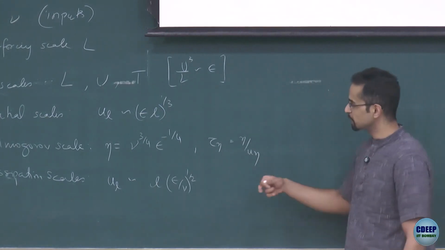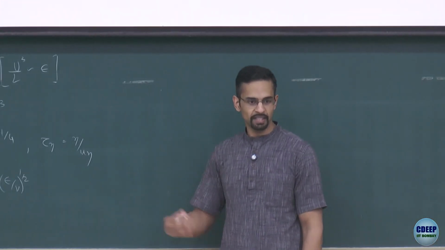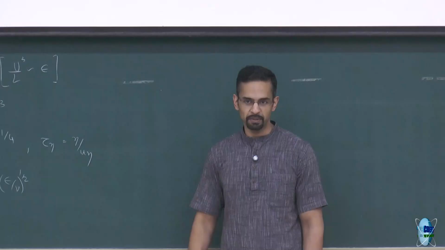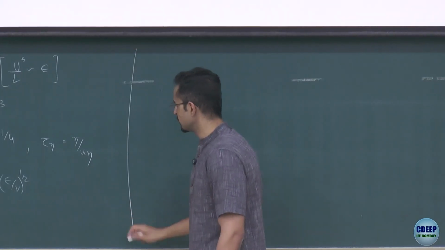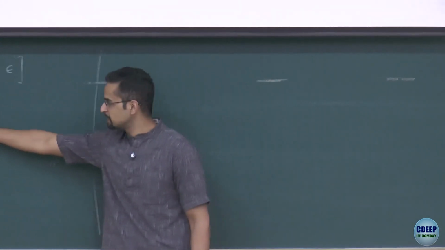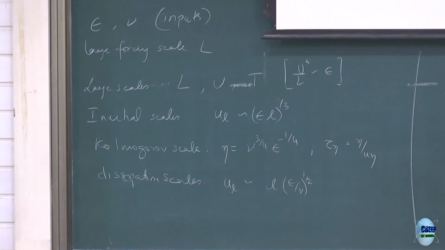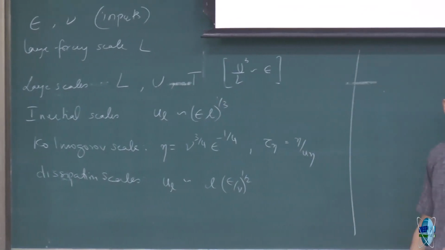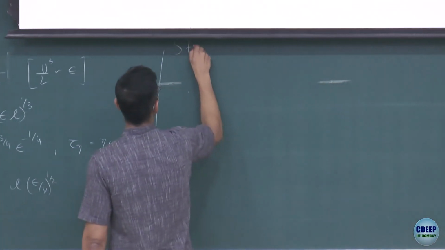Okay, so let us now see what some of the implications of this kind of phenomenology are, which can be tested in experiments, which in fact have been tested. So that's what we're going to do next. The first of these is a way to check this inertial range. There are two ways typically these are done. One is the structure factor and the other is the energy spectra. So let's look at them one by one.